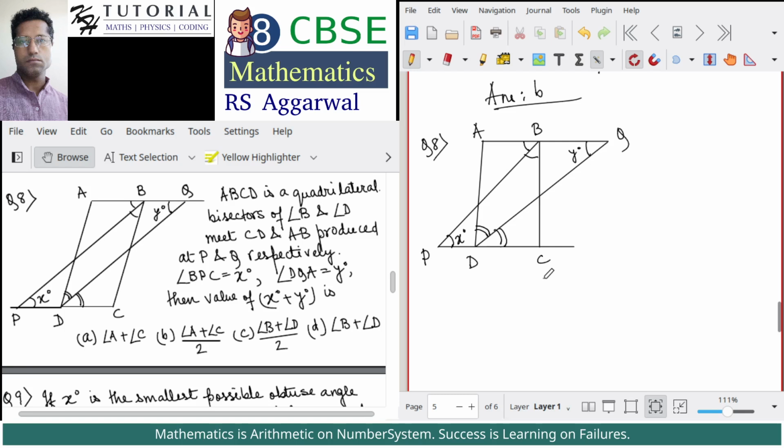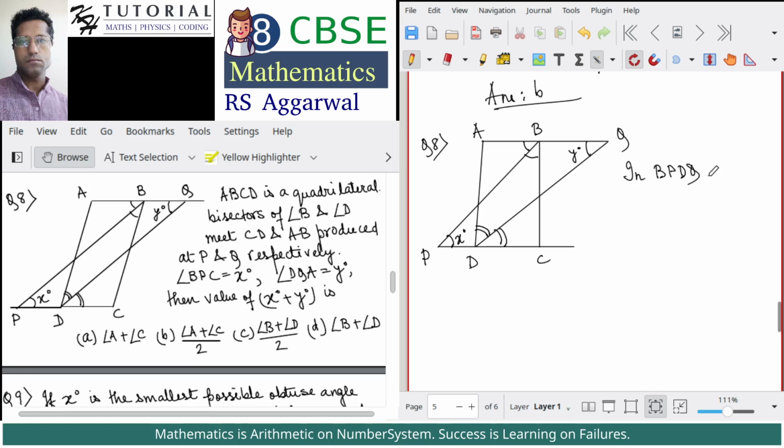X degree. What is this? This is x. Now in quadrilateral BPDQ,